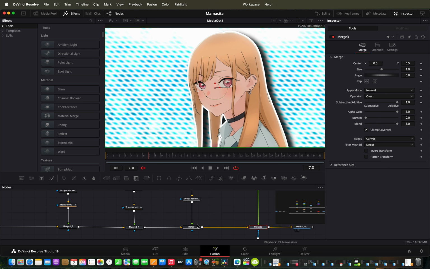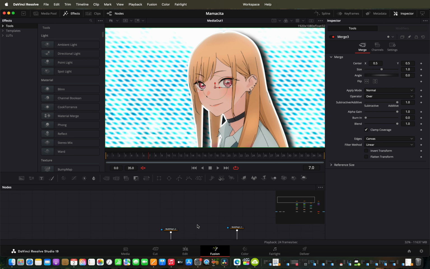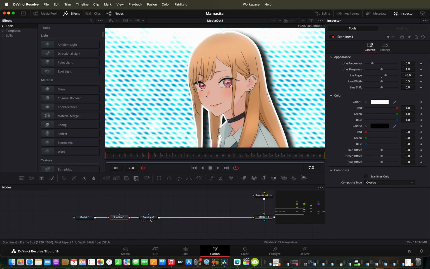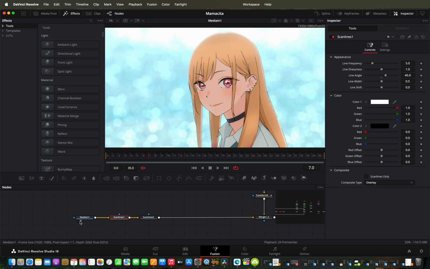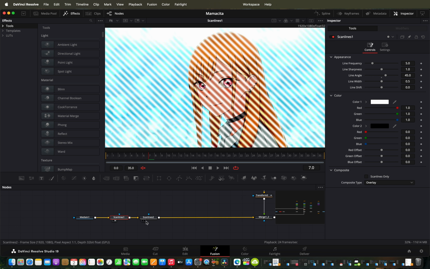So pretty much for the background, I did 2 scan line nodes and angled the line angle differently, and they make this kind of effect like this. And I did this on the basic background here like this, scan lines like that,